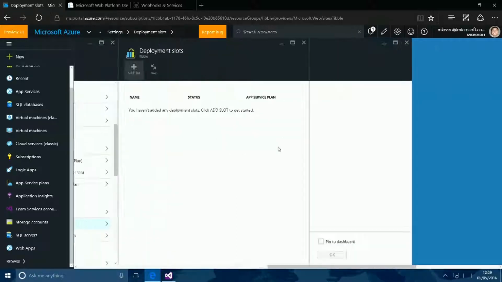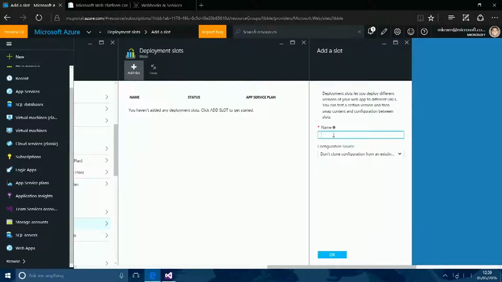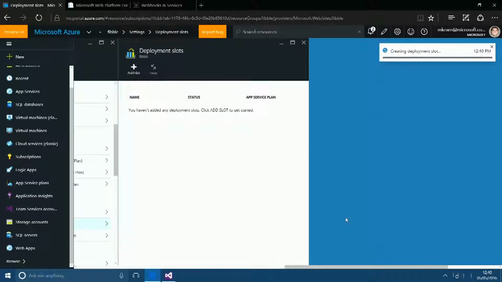So let's create a slot, let's create a beta slot. Great if you want to warm up a site before you put it live. Yeah. Because sometimes the site takes a little bit of time to warm up and start up and get going. You can get it started up in the deployment, deploy it, go to the URL and then switch it, right? Yeah, cool. So what we're doing here is we can create a new slot called beta. I'm going to clone my configuration from my existing one. Okay. And that's going to basically create that deployment slot. So this will be effectively a new empty web application. Mm-hmm. And it'll have a URL of